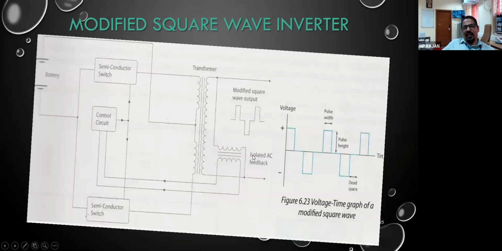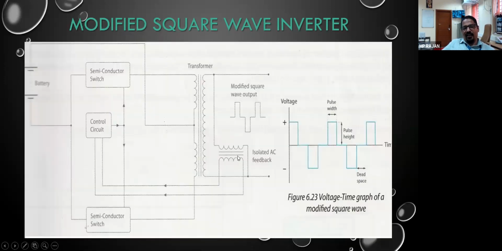So in this you can see a slight modification. There is a control circuit. There is an isolated AC feed. आपका यहाँ पे जो चल रहा है पहले जैसा है, as I explained earlier. So here the output is taken through an isolated feedback system. So one part of the supply is given to the control. आपका control circuit में feedback positive feedback जाता है. So depends upon the voltage of the load or the grid.